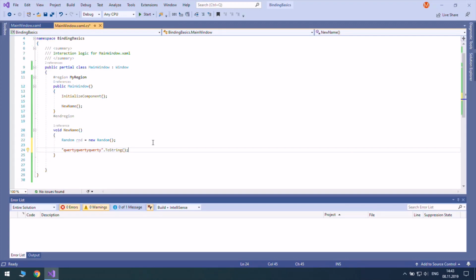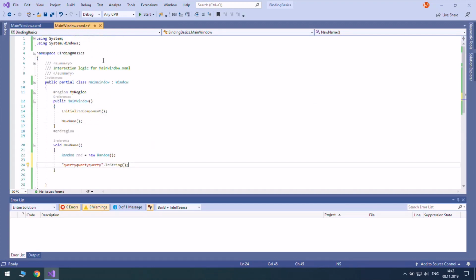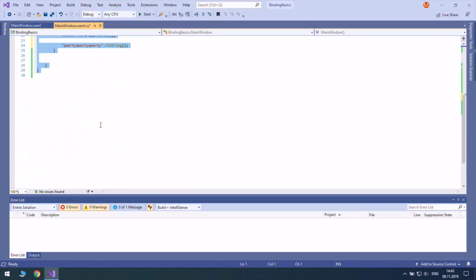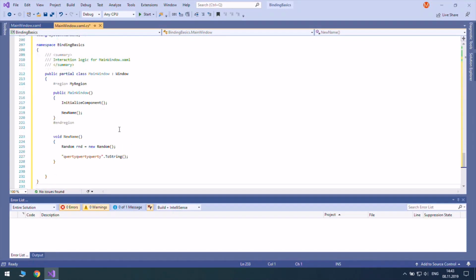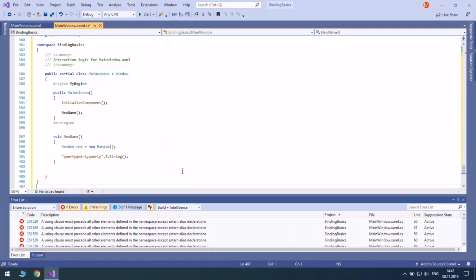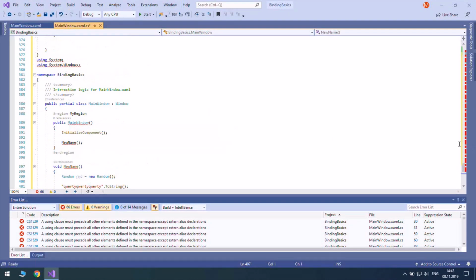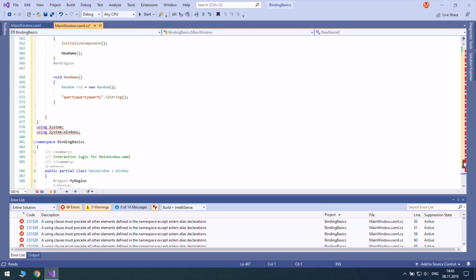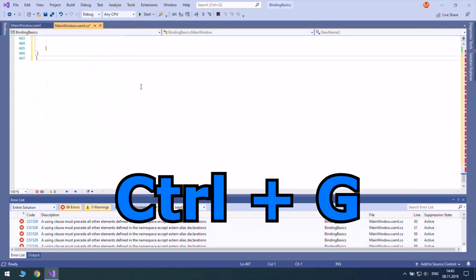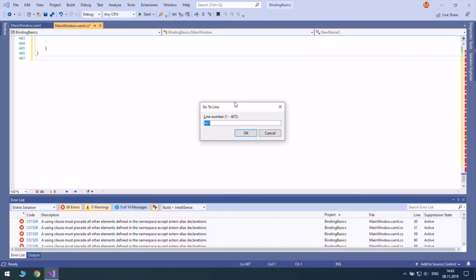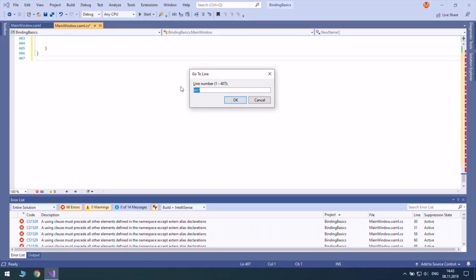So in order to save some time, if you have like this number of lines and he is at like line 70, you don't necessarily have to scroll. You can just hold Ctrl G, and in this window you can just type the number of the line that you want to go to.